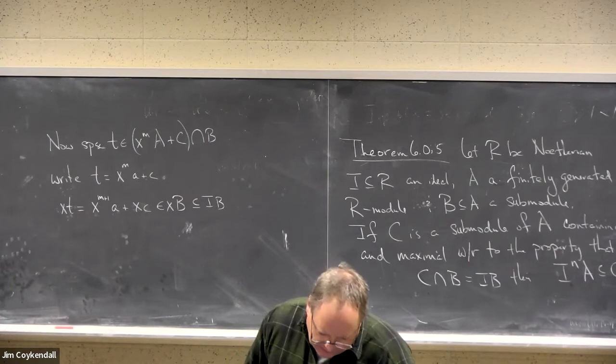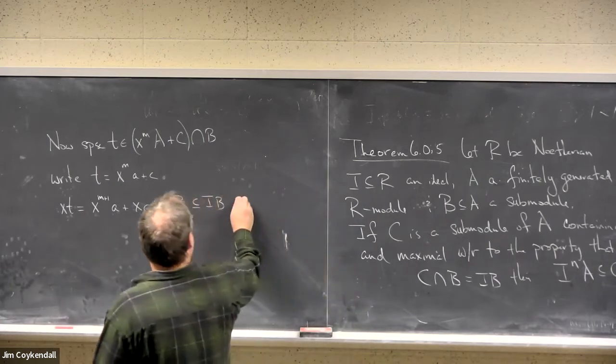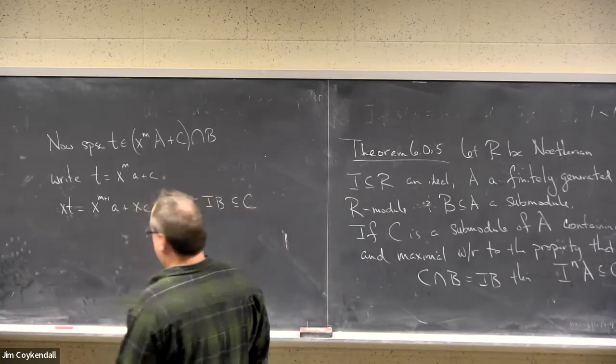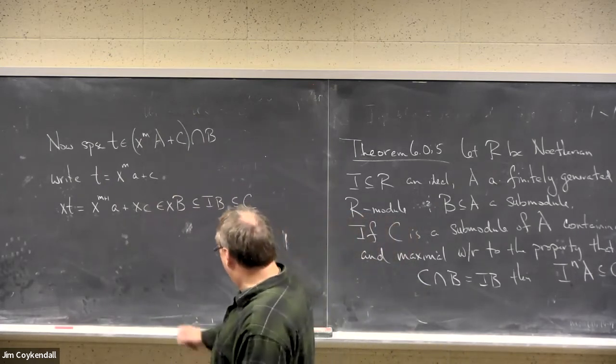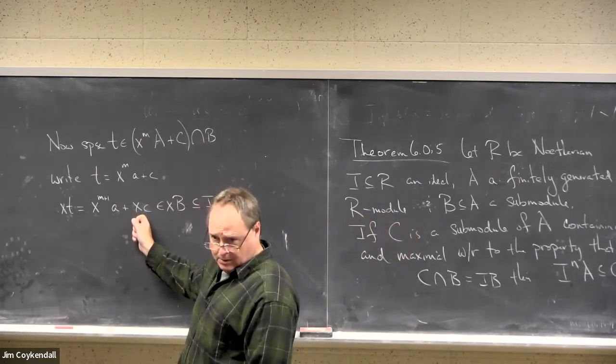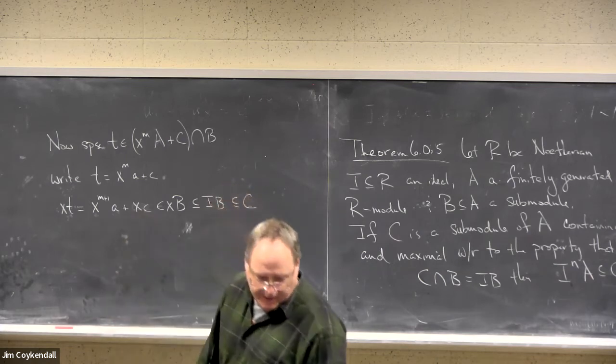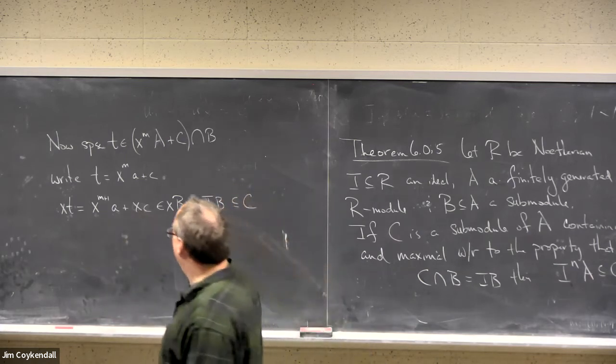And IB is contained in C. Right. And notice this piece is in C as well, right? And so that means that X to the N plus 1